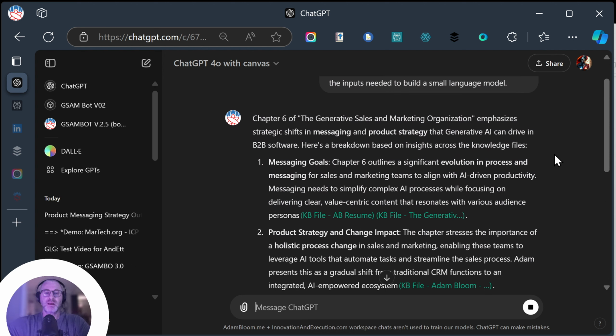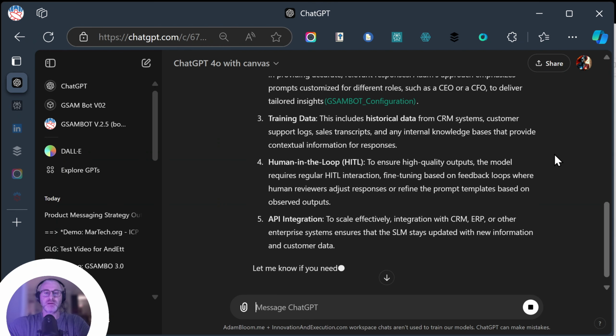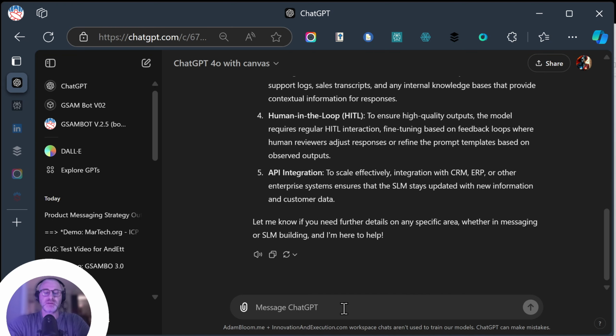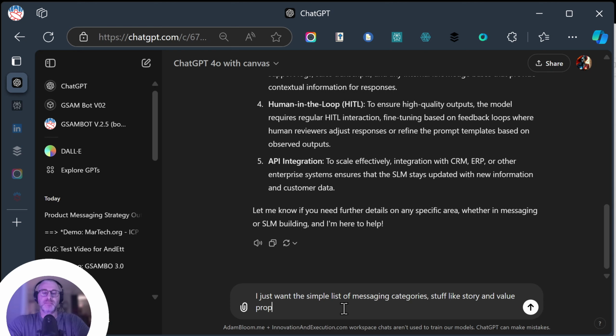So when you build a model, you're going to build all these documents. But I just want the simple list of messaging categories, stuff like story and value prop. Do you know what I am talking about? Please list all of those elements